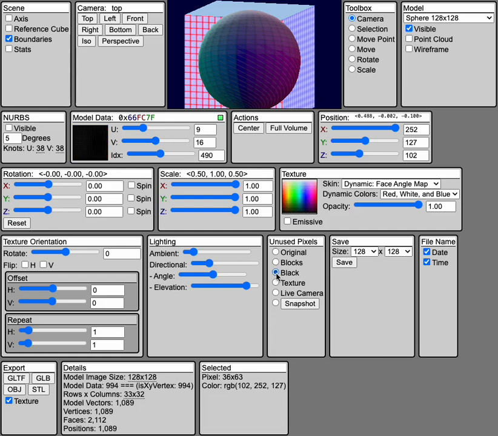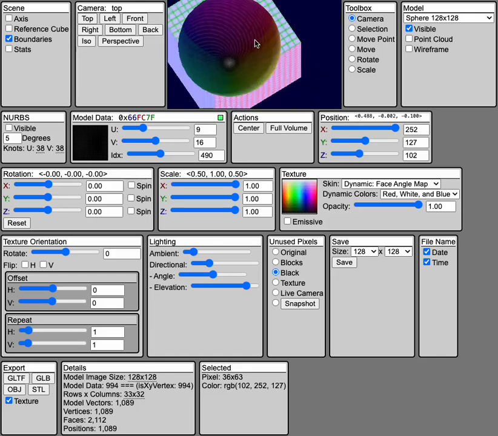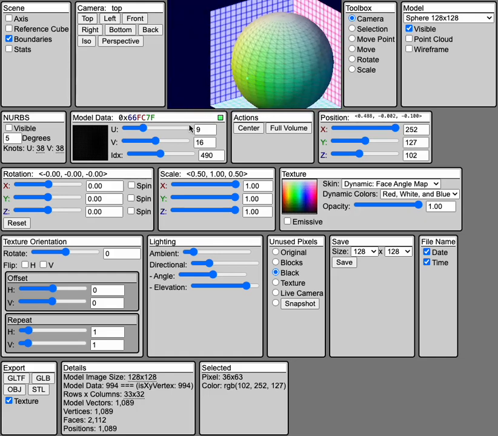I did a lot of testing by making all the unused pixels black in the model data to make sure I was only reading the colored pixels in the model data to create this object here. And then I was also able to export this model data image into Second Life to confirm that it was still rendering the same